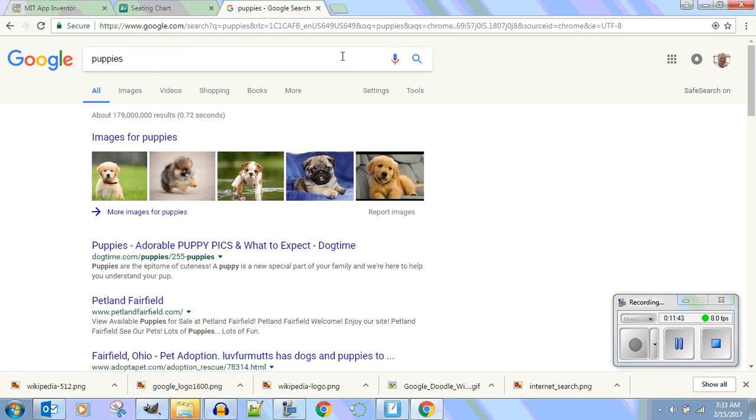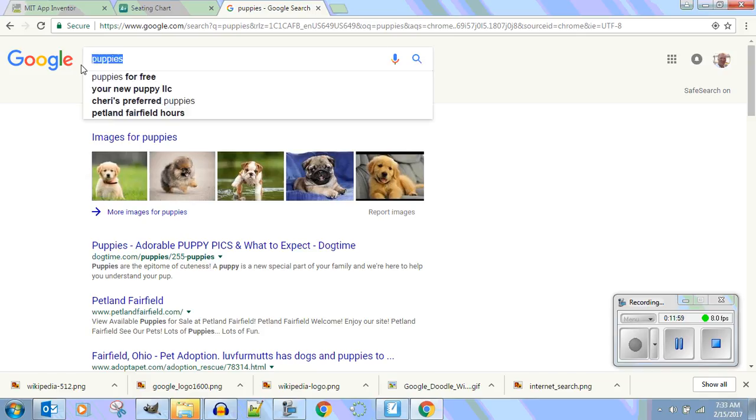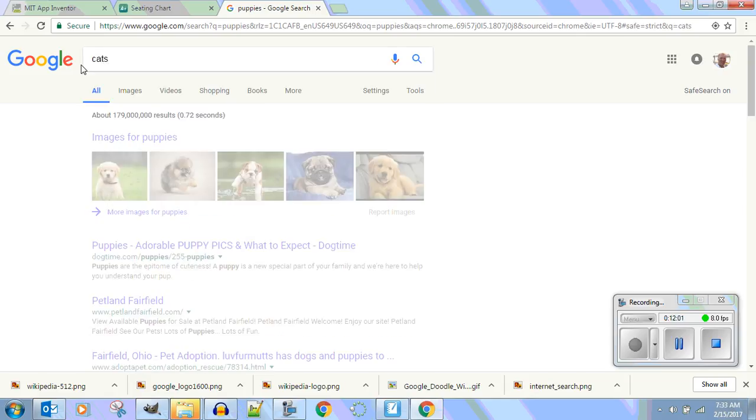And by the way, there's our bar right there that we just created. Do you guys see that? We just created this, right? Let's go back to MIT. I created the little Google microphone and the magnifying glass. So if I type in puppies or if I type in cats, okay,